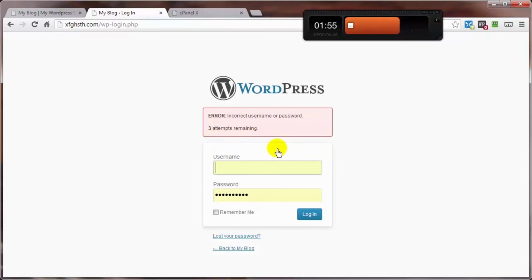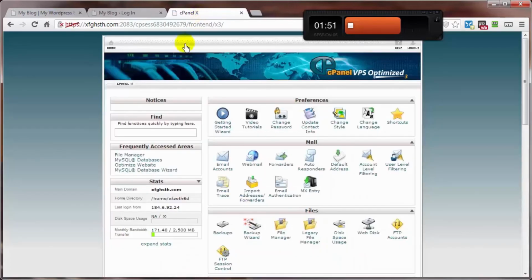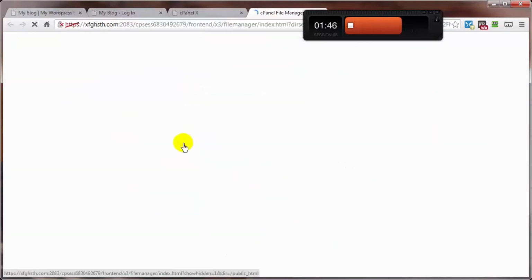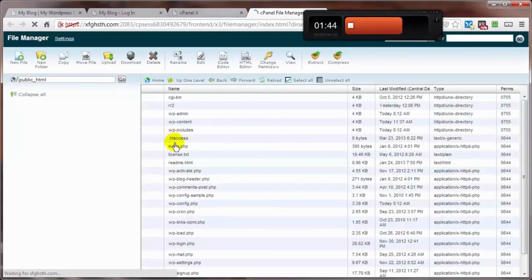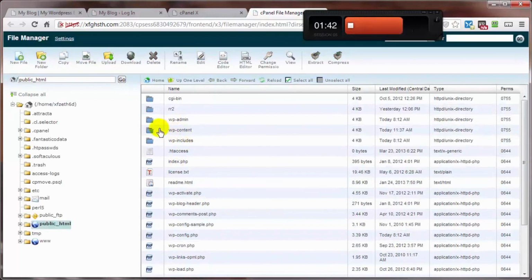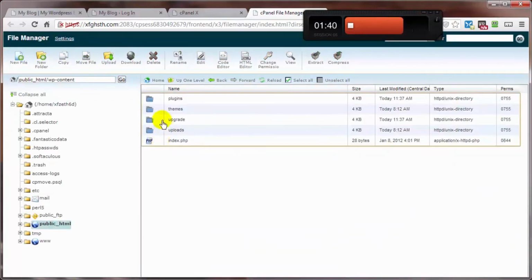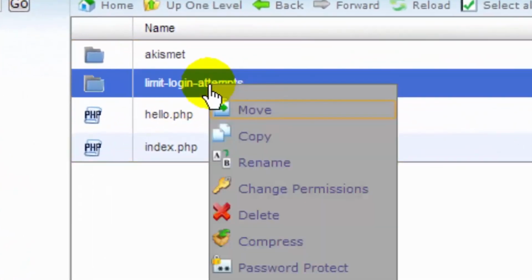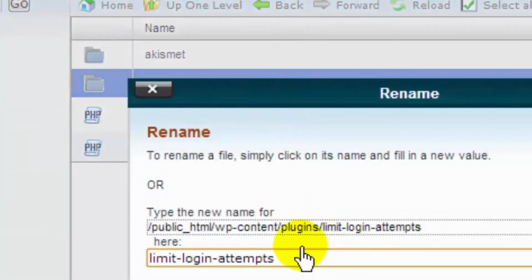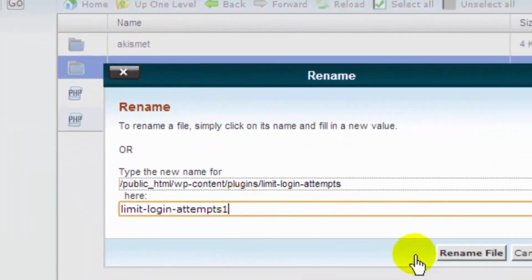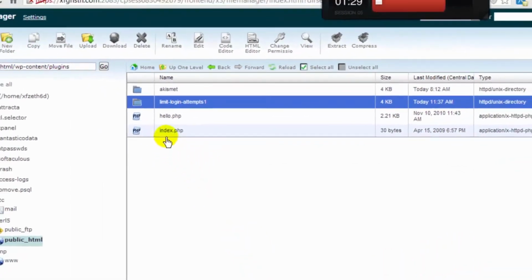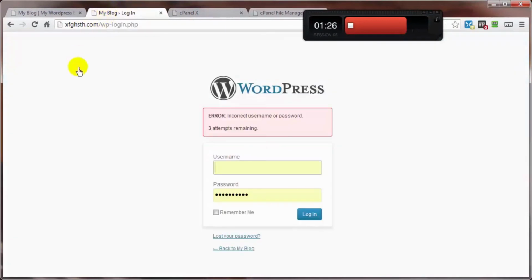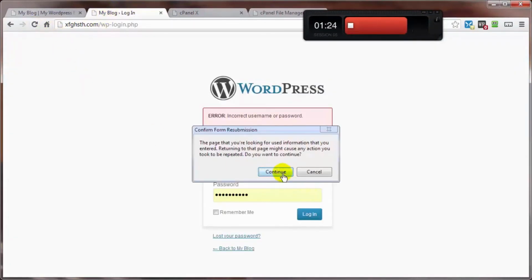But if you want to, you can go into your cPanel or FTP account and just disengage that plugin. Come on down to File Manager, look for that plugin, and just rename it. That's in the wp-content directory. Open that up, open the plugins directory, and right here, just rename it. I just put a number after the end of it, like 1. Just basically change the name of it. And then come on back here, refresh, continue,